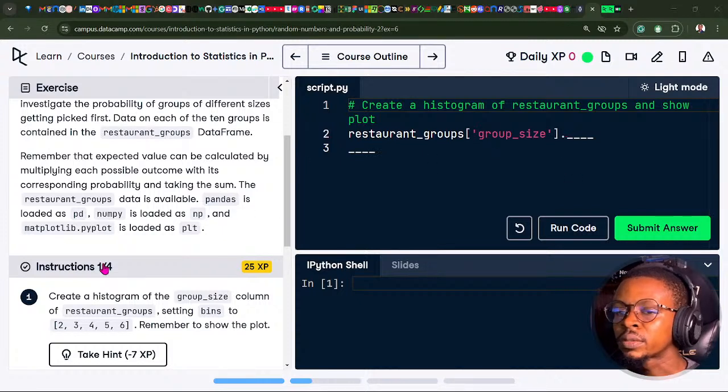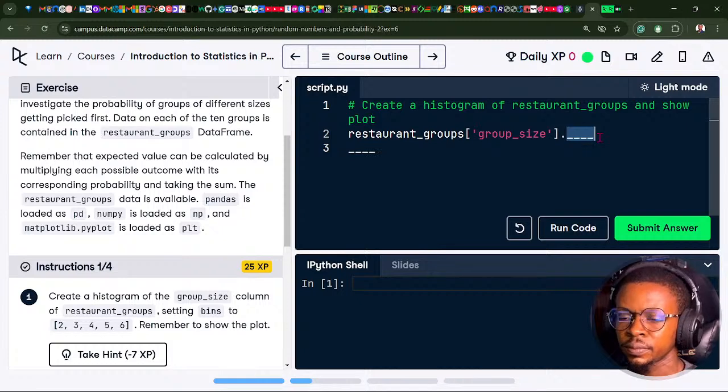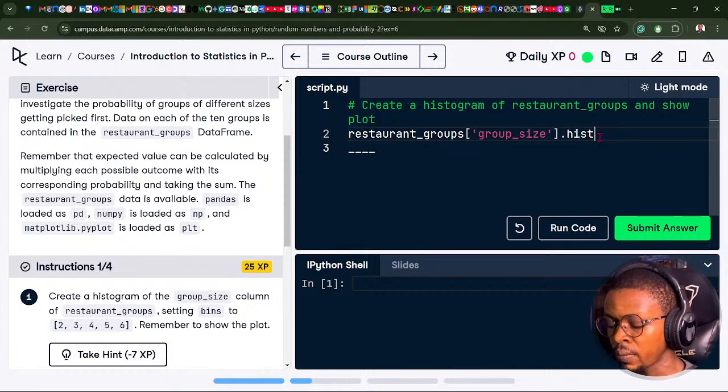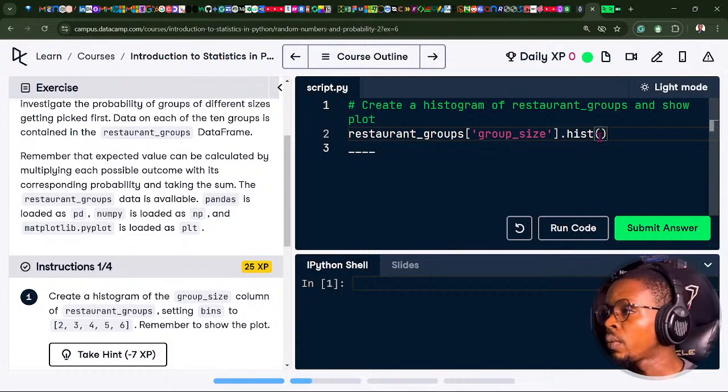Restaurant groups dots. So the data frame is restaurant groups, the group size. So it's going to be dot hist, dot histogram. So you want to create a histogram, and we have to set the bin size. Create a histogram of restaurant groups and show the plots. We have to set the bin size. Bins